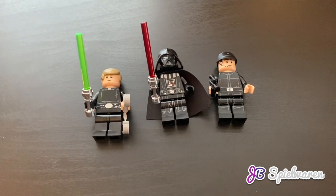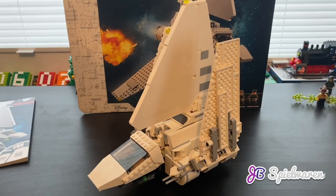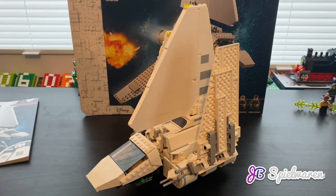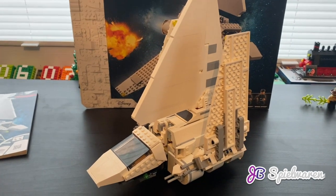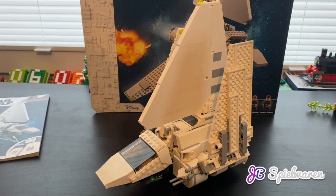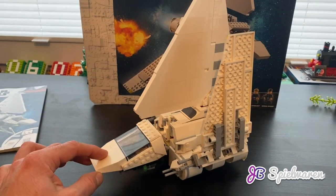Okay, that's all about the minifigures. Let's focus on the Imperial Shuttle then. The sets from 2021 are smaller in size, smaller in piece count, and smaller in price, and this Imperial Shuttle is no exception. So it's 20 euro less than the last one,